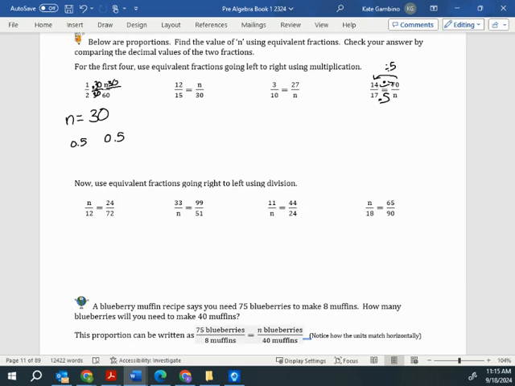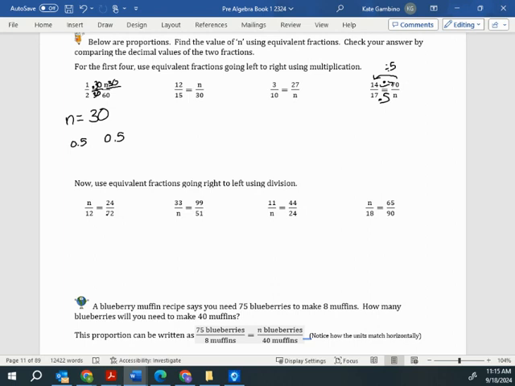So when you come to proportions, those equivalent fractions, if you don't know what I multiply by to go from the left to the right, go backwards and divide it. And then you can multiply the numerator or denominator by that same scale factor. Down here, we're going to be going from right to left. So we need to decide what